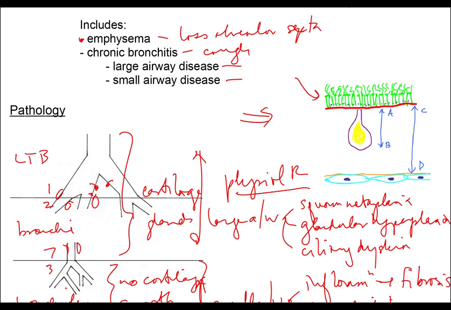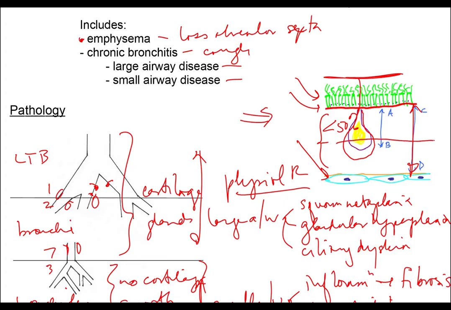Here we have our pseudostratified ciliated columnar epithelium, and then here's our muscularis mucosa. This then becomes the submucosa, and then here's our muscle layer. And normally these glands, which produce the mucus, which is going to form our mucociliary sheet, should normally be less than 50% of the thickness here of the entire bronchial wall. But if these glands undergo hyperplasia and get big, we can see they now are more than 50% of the thickness,